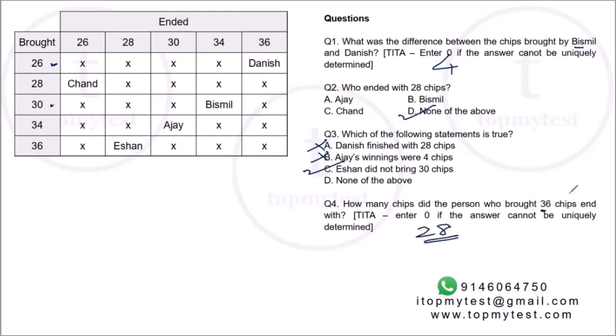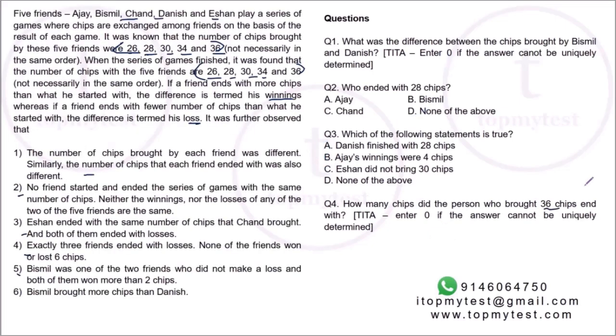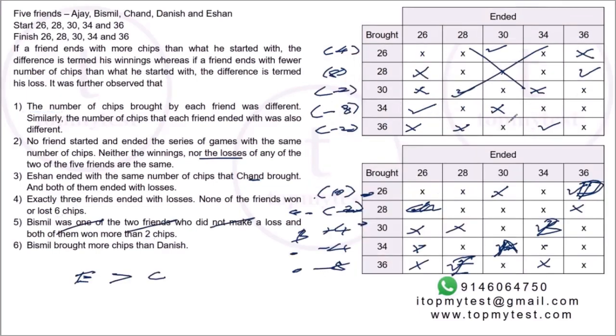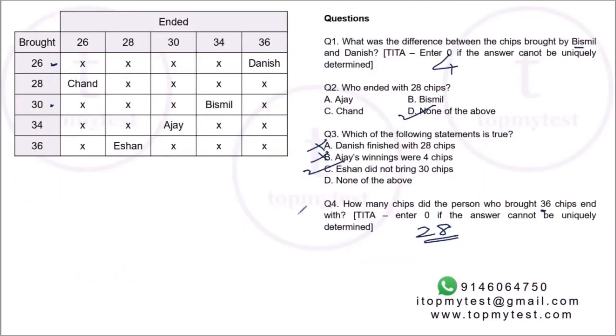Right, job done. Now, it's a pretty nice question. It's not very difficult. It's a moderate level question, moderate to slightly difficult. The key point was to actually figure out this matrix, reduce the number of cases as much as possible, and try to make sure that you don't have to do too much trial and error. And once you have to do the trial and error also, you can do that in a reasonably easy manner. Then there is a slight sting in the tail at the end where you have to figure out who brought how much. In an exam situation, it can take you about 12 minutes to solve this.